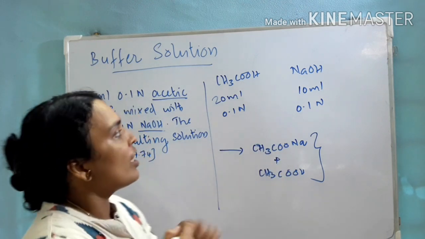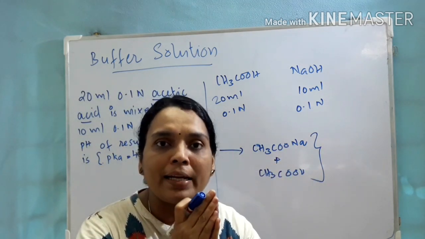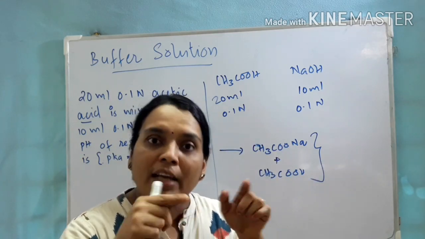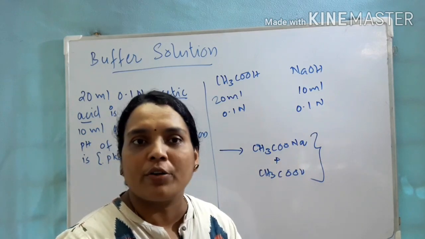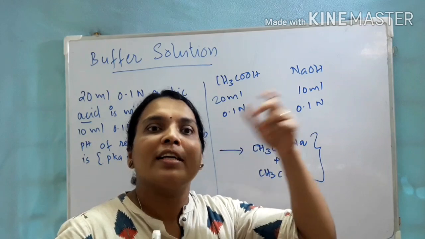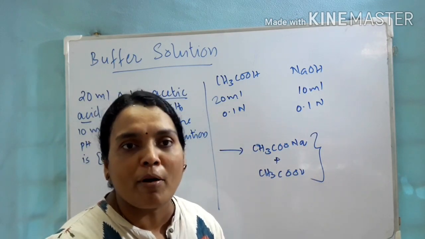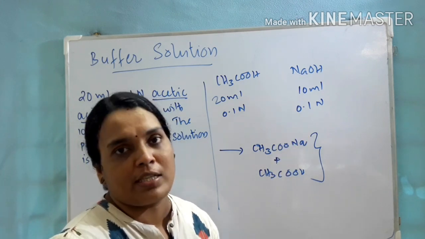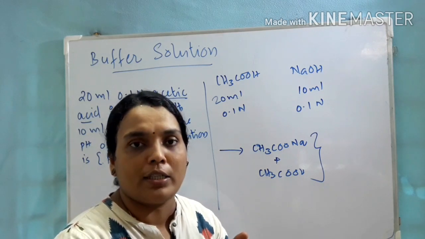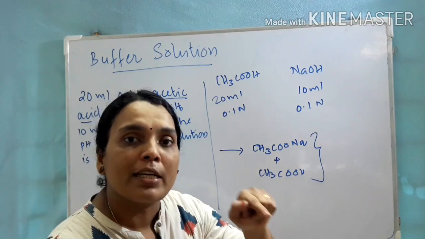So listen, when you are combining an acid and a base, if both are equal in concentration and completely converted to salt, then we can calculate pH according to salt hydrolysis. Check whether it is completely reacting or one is in excess or one is limiting. If so, there is a possibility of forming a buffer. So you have to check it first. Now here acetic acid and sodium hydroxide are mixed together to form sodium acetate, but sodium hydroxide is the limiting reagent.